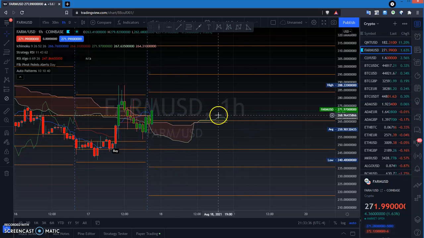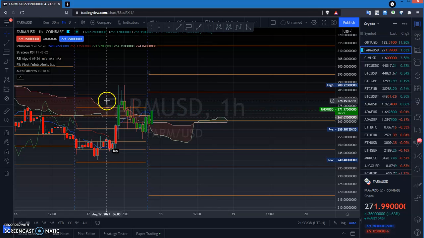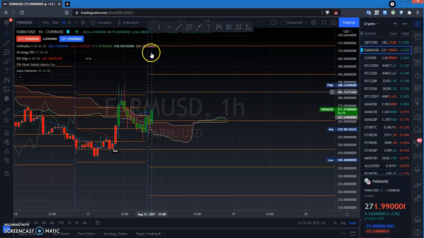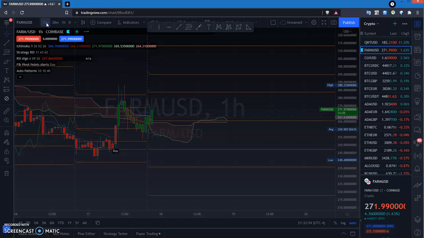This is on the 1 hour. But it's coming up here and it's getting rejected. It gets resistance 3 and it's expanding. So now this is resistance 1. This is the pivot line and it's getting knocked down. It comes up, smack, up, smack. So at the 15, what I like about this one, about Farm,